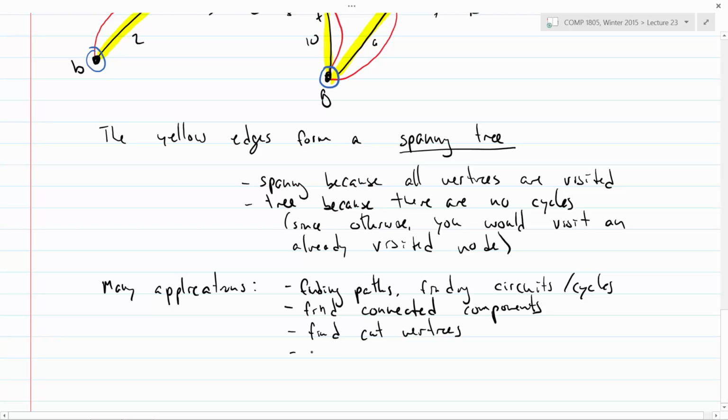And there's tons of AI applications here. AI meaning artificial intelligence. So the way AI works is, let's say you're writing an AI to play some game. Well, the vertices in the graph are the different states the game can be in, and there's an edge between two vertices if you can move between them in a single move, something like that. So what DFS would do is it says, okay, let's start at the initial state of the game and explore and try to find a winning state.